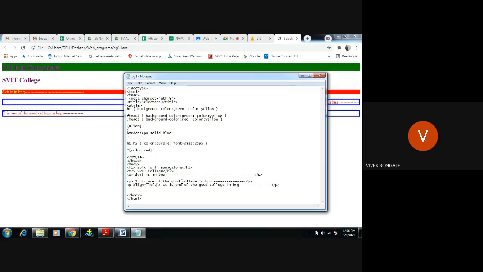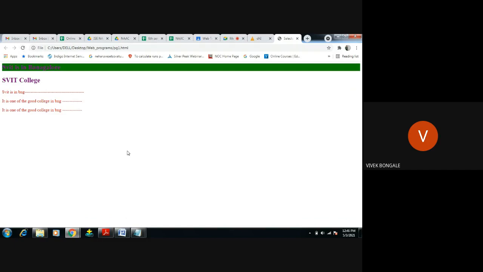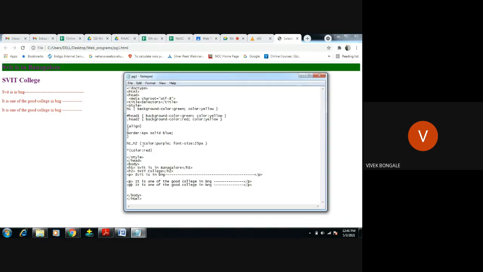Now it should display. Control S, right? Except h1, that is these two, correct? All are displaying: SVIT is in Bangalore, SVIT college.